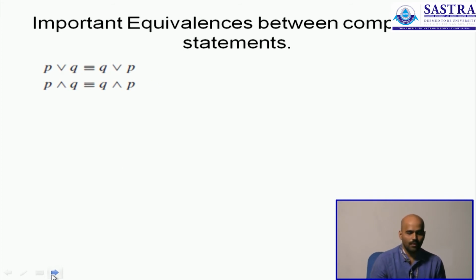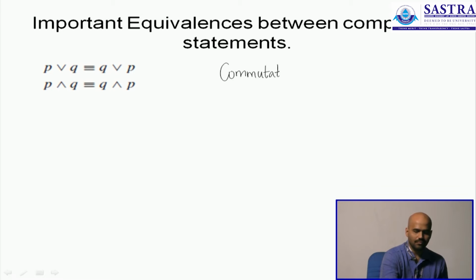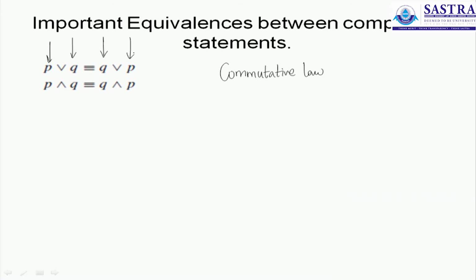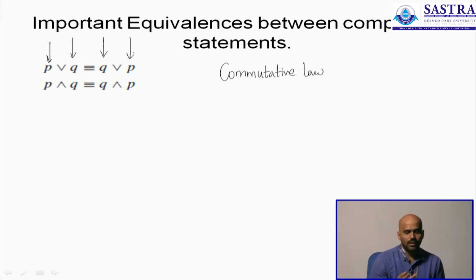Okay, now this is what you call the commutative law. It is pretty easy. The commutative law will be used across many topics. It just says the order in which you perform an operation does not impact the answer. So here you see that we are doing a disjunction in two different orders. P comes first, Q comes next, you perform a disjunction. Q comes first, P comes next, you still perform the same disjunction, and that means it does not affect the answer. The way in which you compare the two statements does not affect the answer.